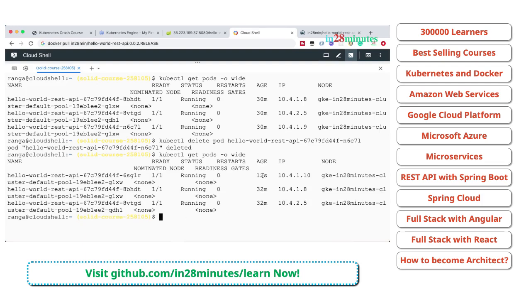You can see that the age of this pod is 12 seconds. So this pod has a new ID, and the most important thing is this pod also has a new IP address. The IP address of the old pod which was deleted is 10.4.19 and the IP address of the new pod is 10.4.10. Now if I delete another pod, let's pick up another pod from the list